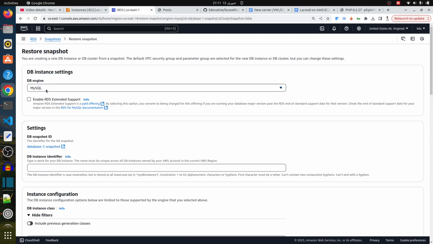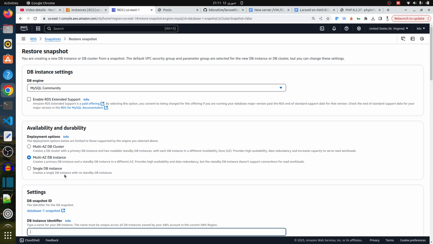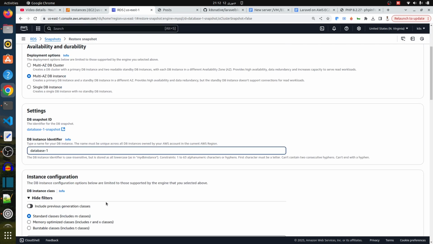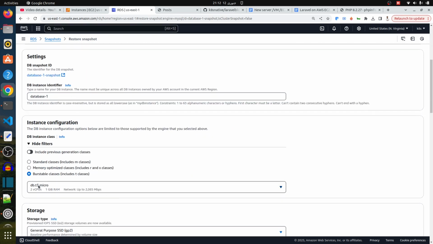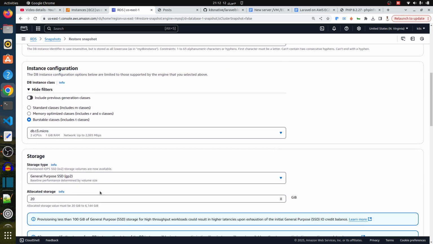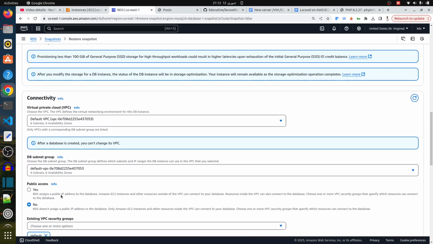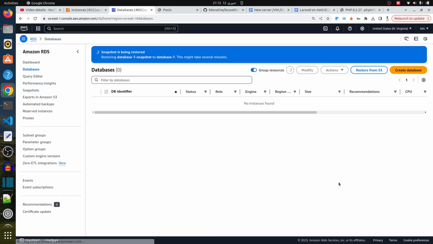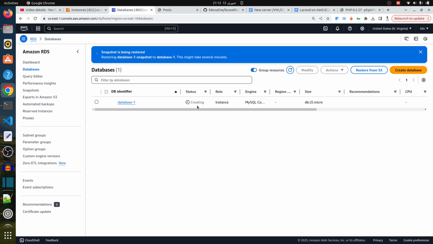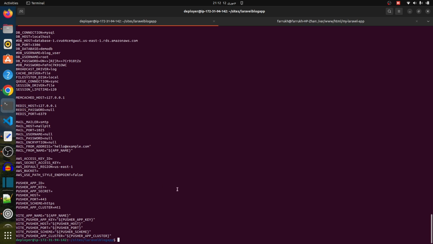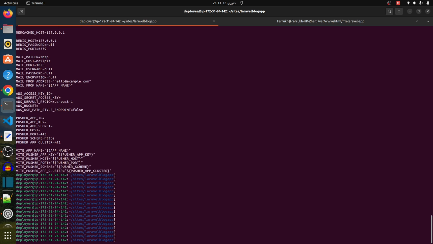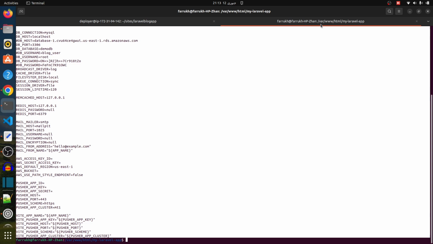Restore snapshot. Put the identifier name. I'm putting the same name as I did before, database1. I'm using the free tier, which is db.t3.micro, enough for my environment, and I'm saying yes, publicly accessible. It will take some time to create this database. So coming back here, while my database is in the creating state, what I'm going to do